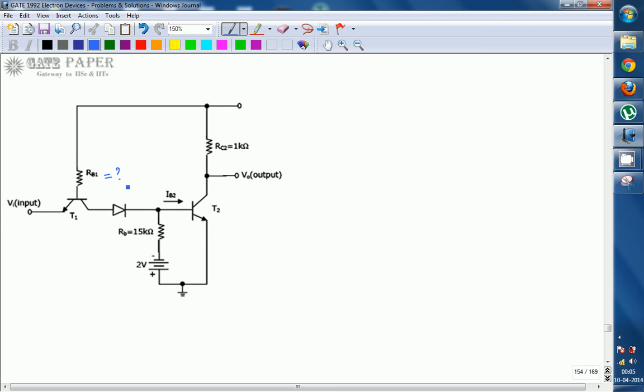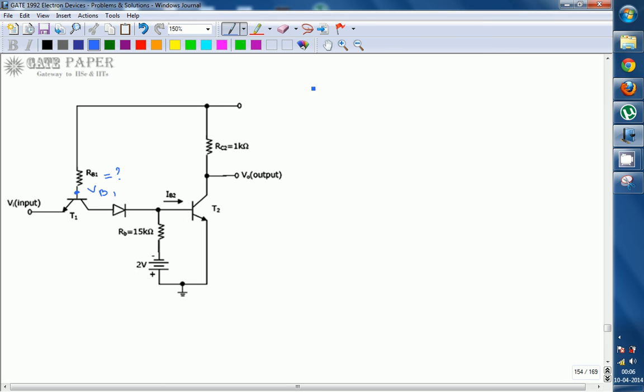Normally the resistance across this one is such that the voltage across this one should not be greater than something, VB1, such that VB1 voltage is going to be such that at the time T2 must be in off condition. So to find the maximum permissible value for the resistance RB1,